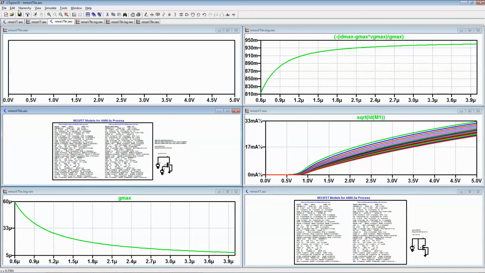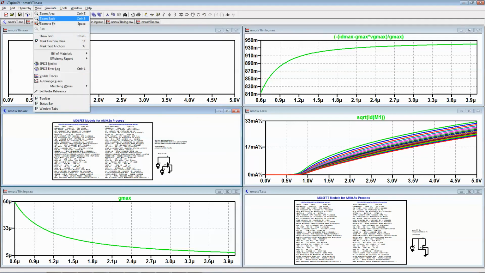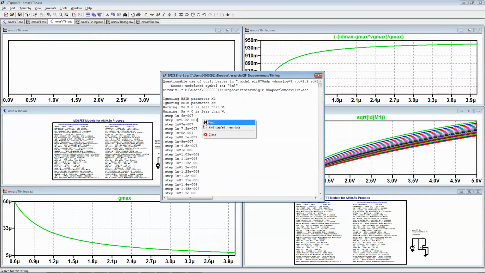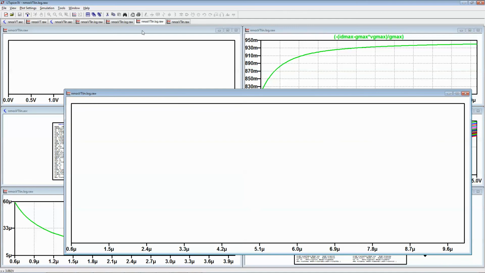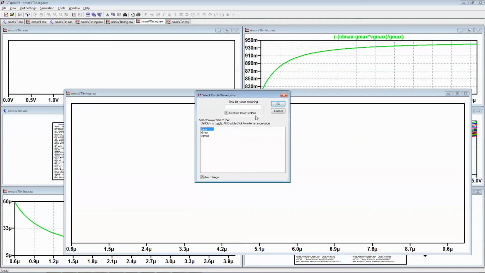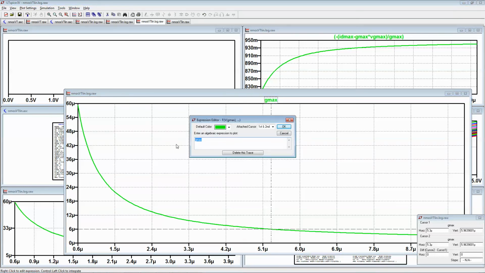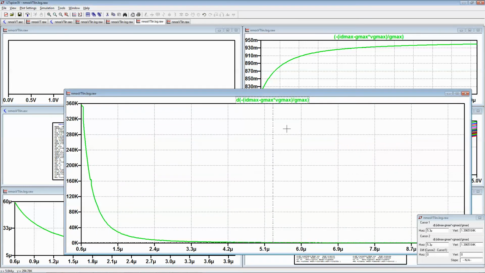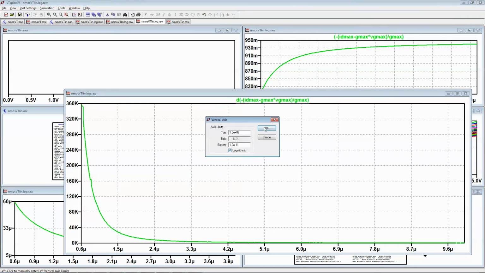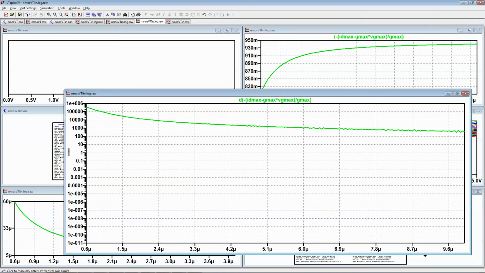Alrighty. Again, view error log, plot step data. There's the derivative of it. Right. I don't know, let's even take it on a log scale, see what happens. So it never goes to 0,